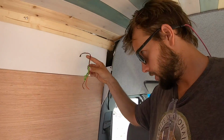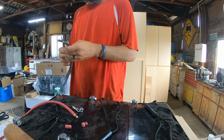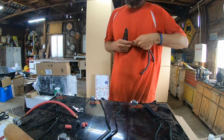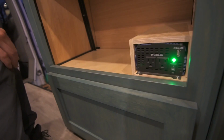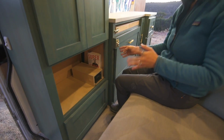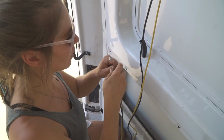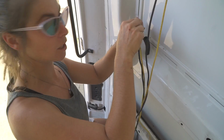So you're going to have to put a lot of time in this step. You're going to work on your battery bank. You're going to wire all your batteries together. We do power inverters. It's a little bit easier than setting up a 120 outlet. So where's your power inverter going to be? Where's your battery bank? This should all be decided in your layout, and then when you come to wire, it